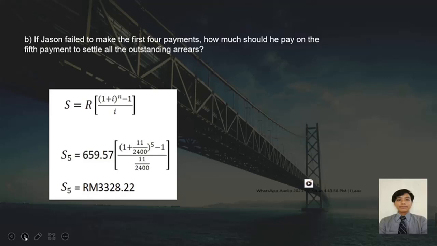For question B, if Jason failed to make the first 4 payments, how much should he pay on the 5th payment to settle all the outstanding arrears? To answer this question, the formula that we will use is S = R[((1 + i)^n - 1)/i]. And the answer is S5 = 659.57 ringgit times ((1 + 11/2400)^5 - 1)/(11/2400). The answer is